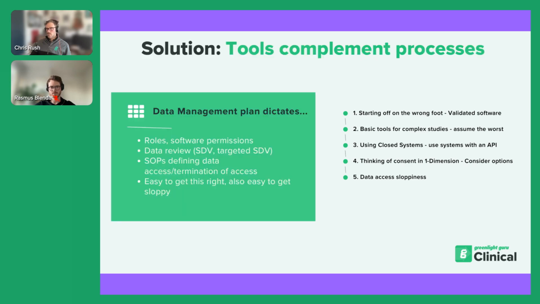Solutions for these pitfalls really revert back, or call back, to the data management plan. Ultimately, the data management plan is the cornerstone around which any software procurement selection will revolve. Determining if a software tool fits into the data management plan requirements is paramount, and then subsequent usage of the software tools, again, is going to be defined by the data management plan. And again, modern tools should meet the requirements of data management plans with respect to accessing the data and limiting access therein, as well as controlling